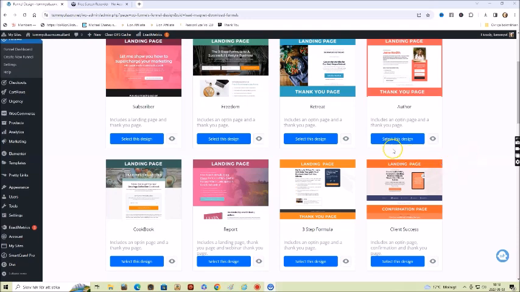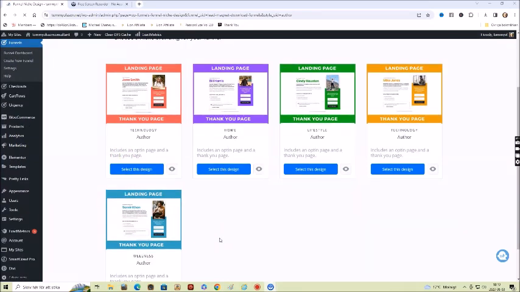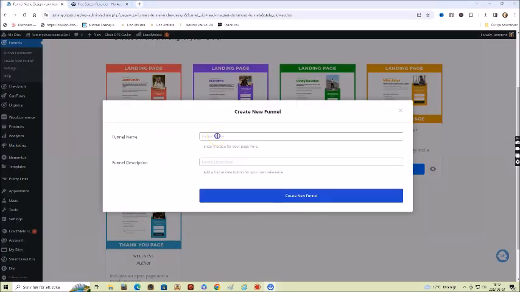Here you can choose a niche, branding for your site, which color, and then you give your funnel a name and a description. This is just an example to show you how to set up a funnel. Then you simply click here, create your new funnel.